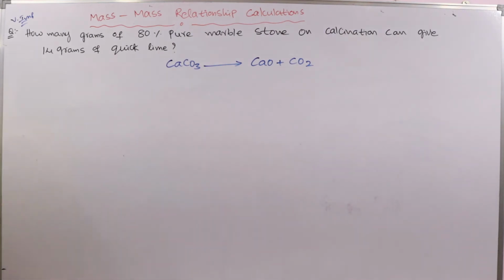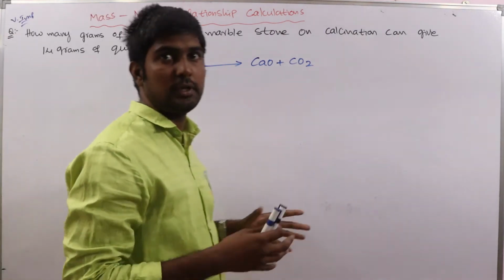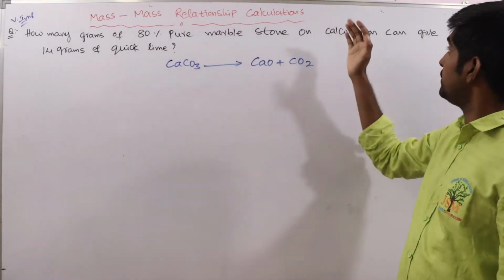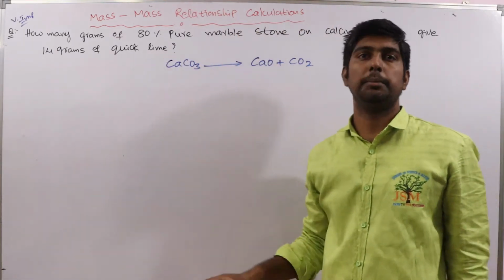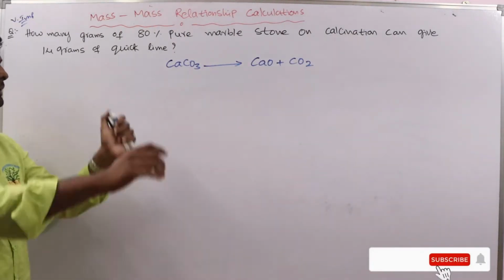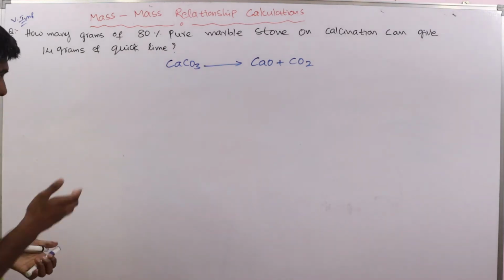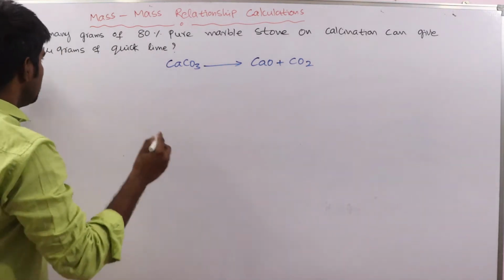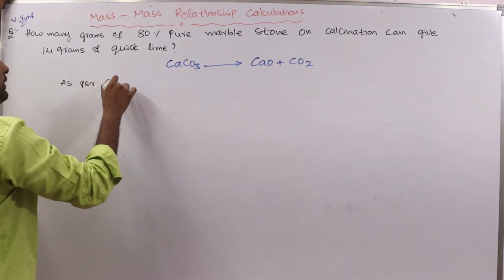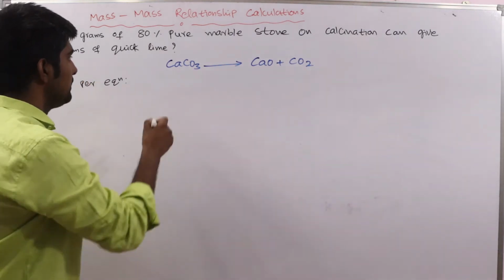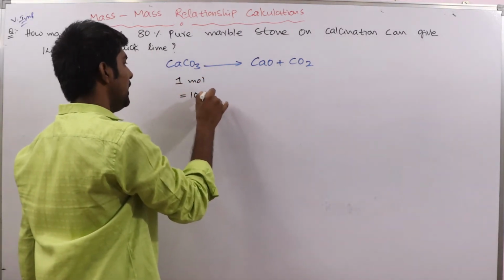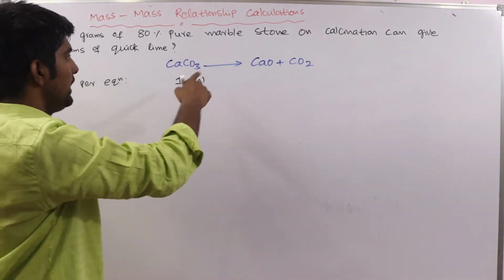Okay, again same reaction, but see here, instead of saying calcium carbonate is heated, they are saying that marble stone on calcination is giving quicklime. Like this indirectly also they will give, that's why this is very important. Okay, so now same reaction which we discussed in the first problem. So first what you have to do is that, as per the equation, 1 mole, that is nothing but 100 gram of calcium carbonate,